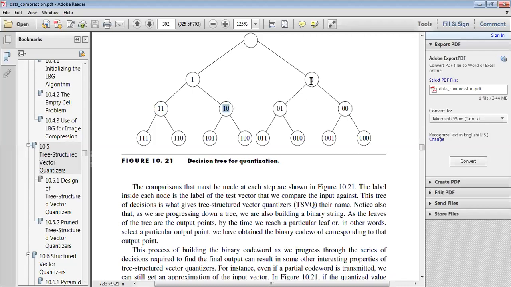Same process, right side में हमने group 0 लिया था, then group 0 का 1 part and group 0 का 0 part. So group 0 का group 1 part is group 0 1 and group 0 का 0 part is group 0 0. Again group 0 1 का 1 part is 0 1 1 and 0 1 का 0 part is 0 1 0. So this is the process कि हम किस तरीके से ट्री बनाएंगे नॉन सिमेट्रिकल वेक्टर क्वांटाइजर का, and what is the need of this tree.